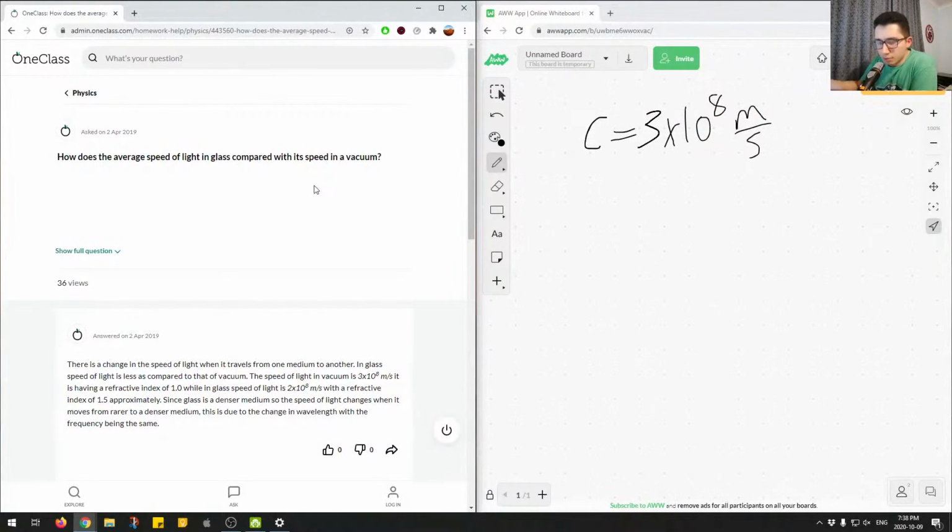When it's in a different medium, more specifically in a medium that's more dense, so in this scenario glass is more dense than a vacuum, or air. So air is a little more dense than a vacuum, but glass is a lot more dense than a vacuum. So usually you will end up with